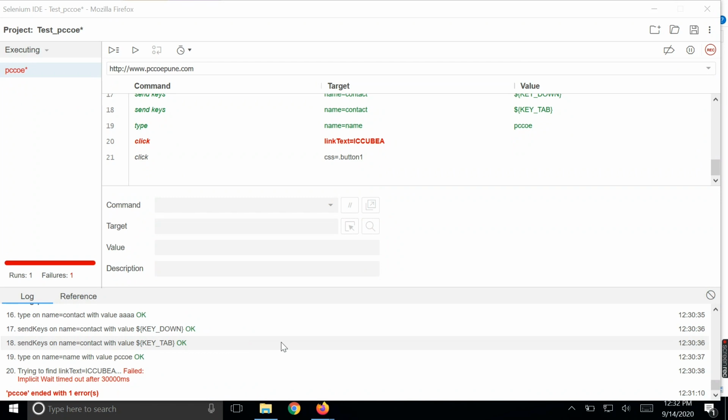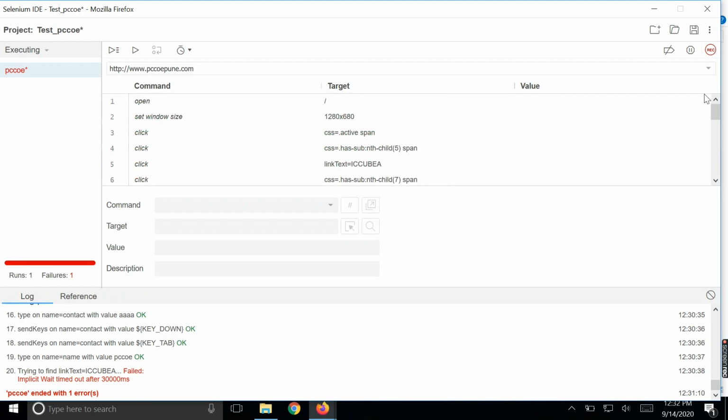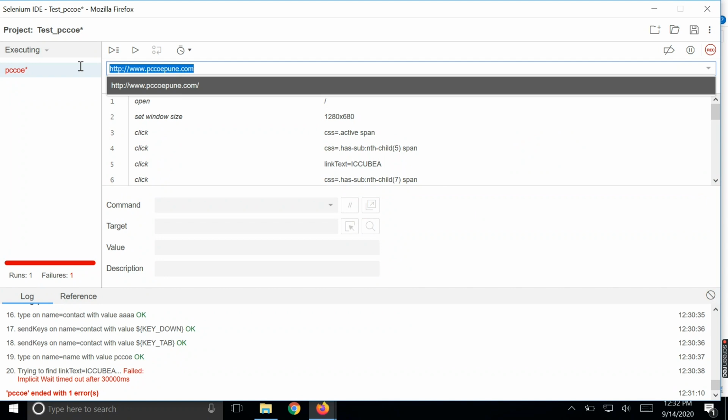So this is the log of the test case. You see here, run one test suite complete, failure 1, right? And in that one test suite you have 19 different test cases. So what is expected from you now, as a student, is that this URL is replaced with your website. If your website is running on a local server, it comes up with localhost or 127.0.0.1. If your website is already uploaded with a domain name, then you can add the domain name.